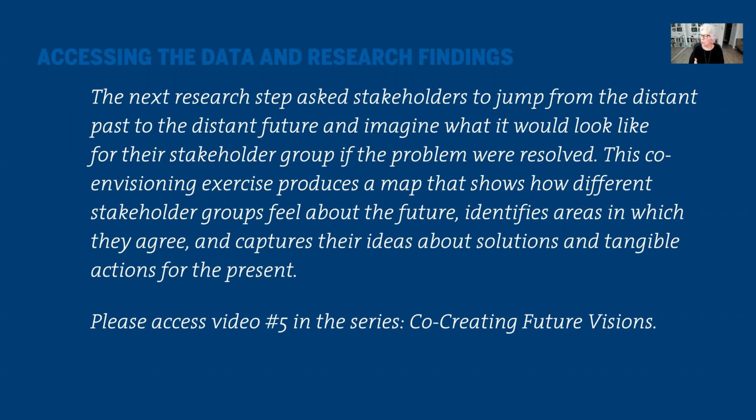Participants imagined how their lives might be different if the problem of a lack of funding for minority entrepreneurs had been resolved. And we asked them to do this within the context of their everyday lives at different levels of scale. This co-envisioning exercise produces a map that shows how different stakeholder groups feel about the future, identifies areas in which they agree, and captures their ideas about solutions and tangible actions for the present. Please access video number 5 in the research series called Co-Creating Future Visions to review the